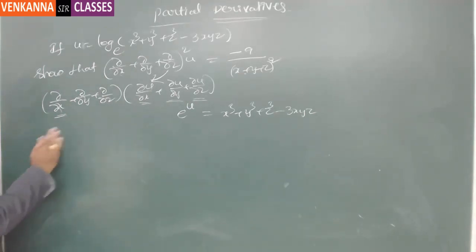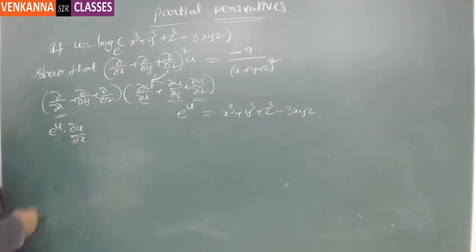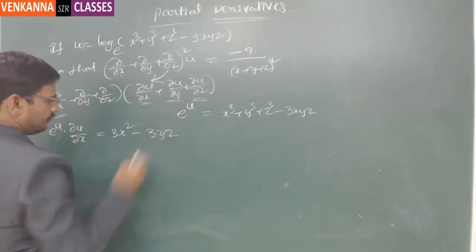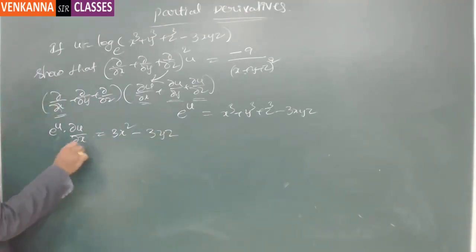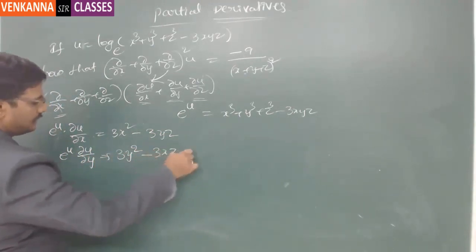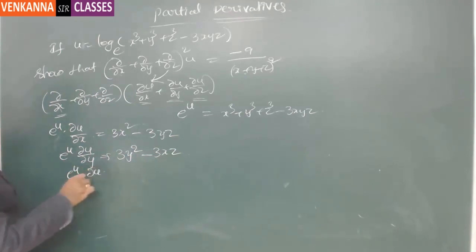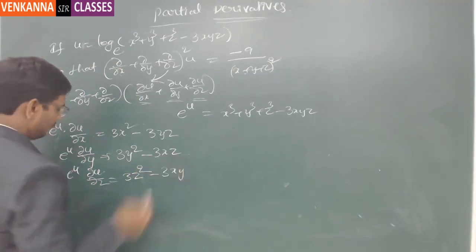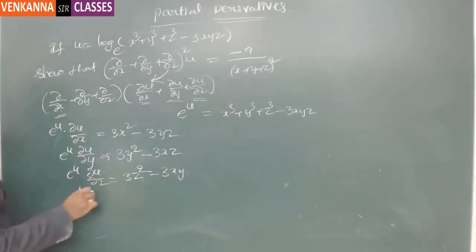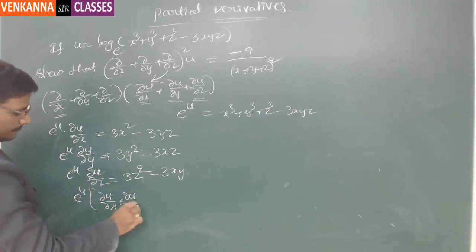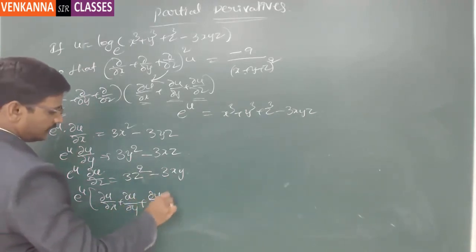Then if you take the derivative with respect to x on either side, this will be e^u times ∂u/∂x is equal to 3x² minus 3yz. Similarly, e^u times ∂u/∂y is equal to 3y² minus 3xz. e^u times ∂u/∂z is equal to 3z² minus 3xy. Now if you add all the three together, e^u times (∂u/∂x plus ∂u/∂y plus ∂u/∂z) is equal to,